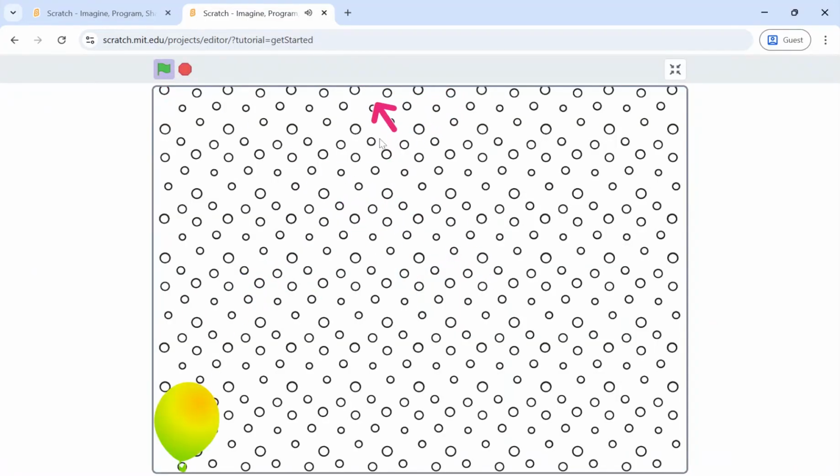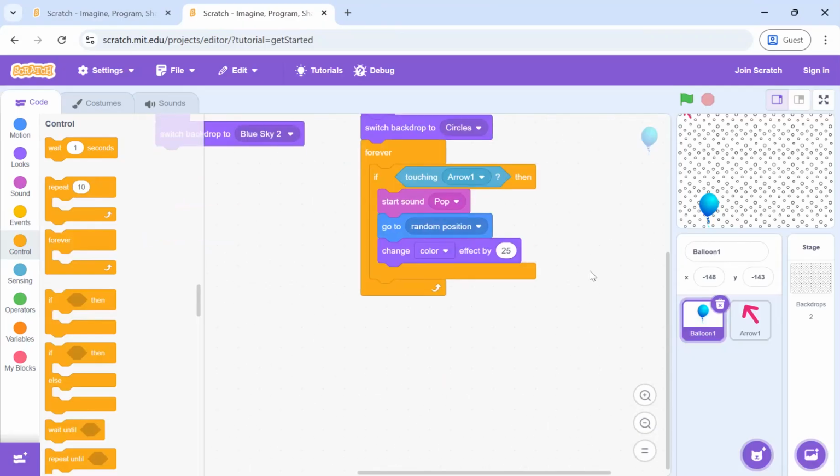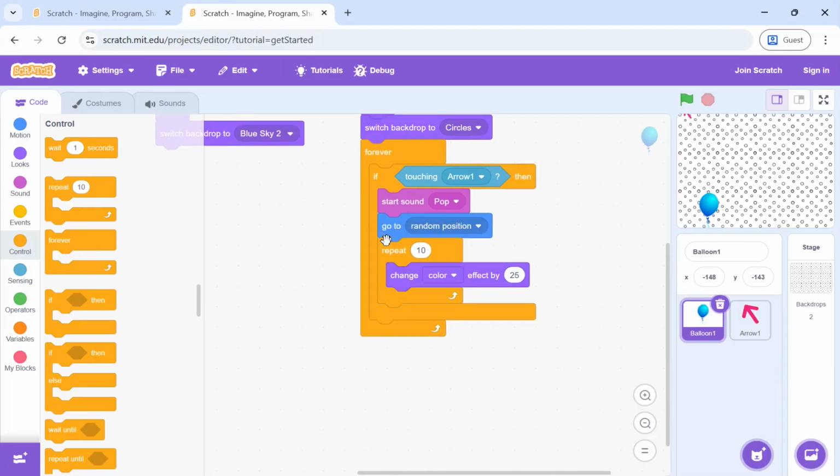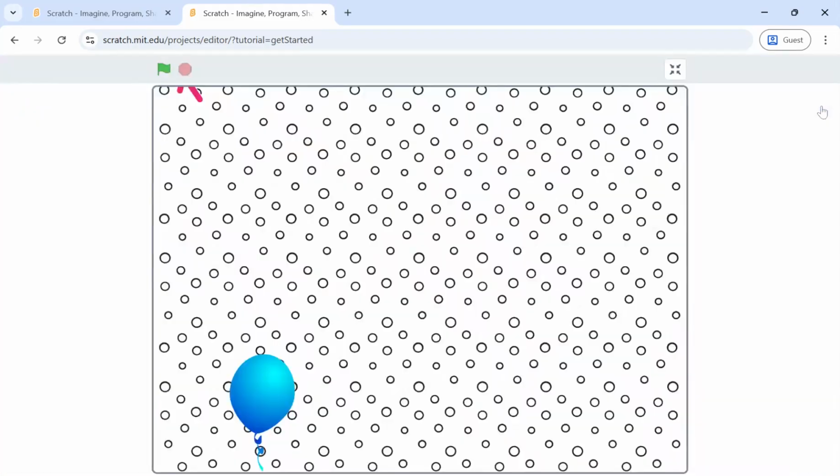This is fine, but the colors are not changing that much. We have said that change the color and it is changing only once. If you want the color effect to be a little longer, you can add repeat inside forever. So now when the balloon will be popped, the color will change 10 times. Let's see.